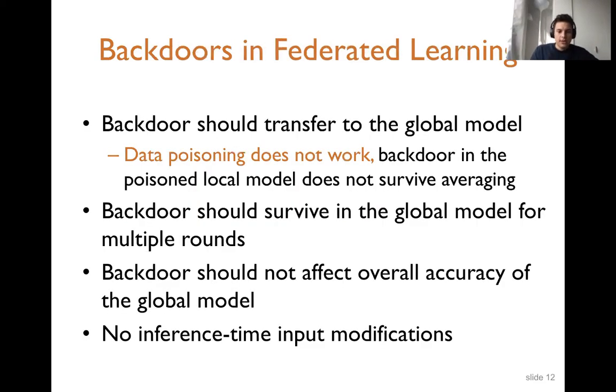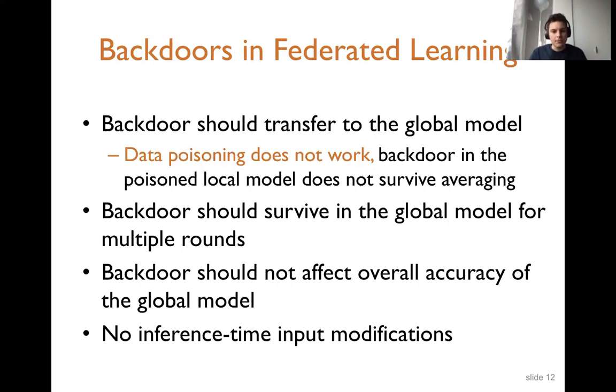All right, so we talked about the backdoors, and now we are talking about how we can actually put it in federated learning. The challenge, as I said before, is that because there are so many other models that participate, which are not compromised and benign, if the attacker compromises one of the models on the device, then there is no guarantee that the global model will be compromised as well.